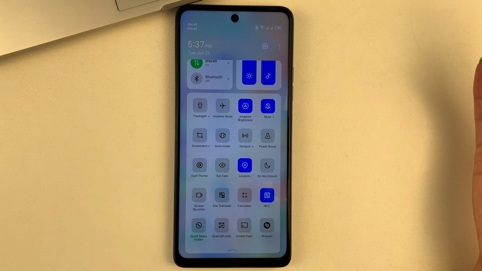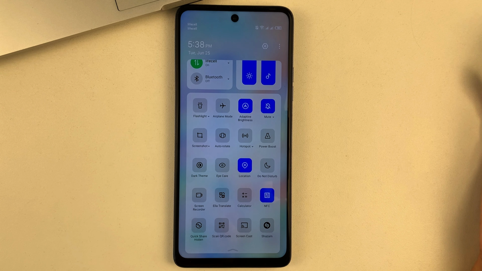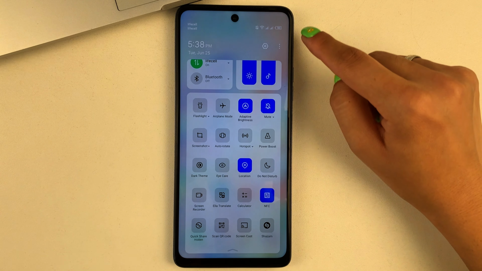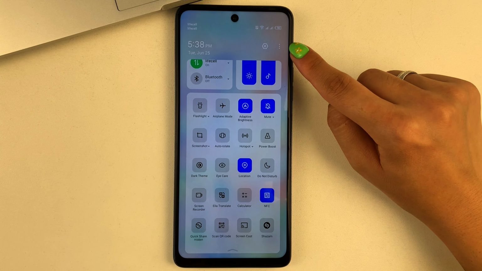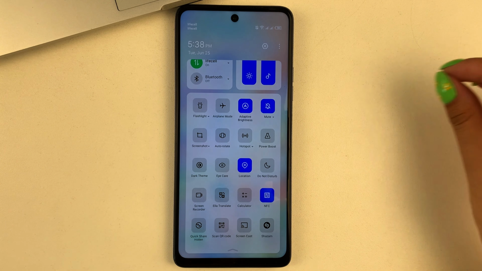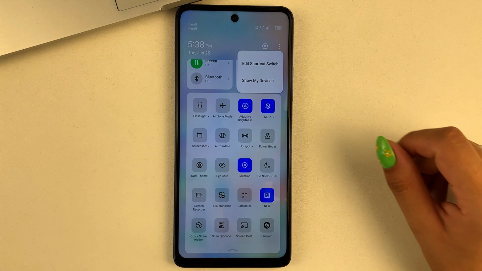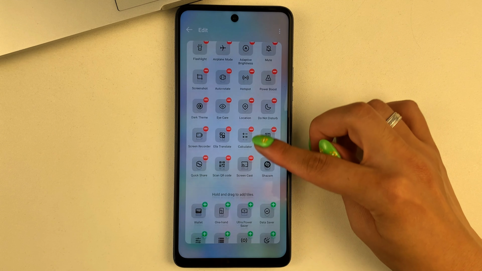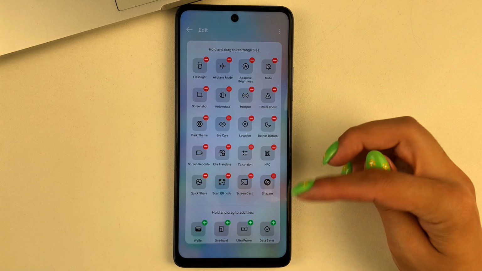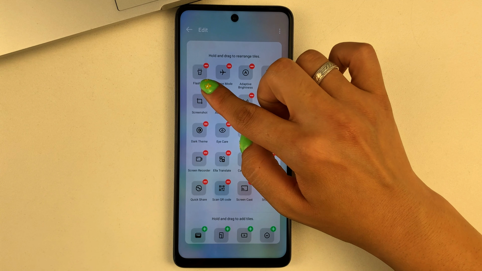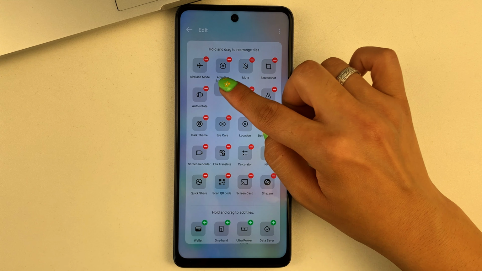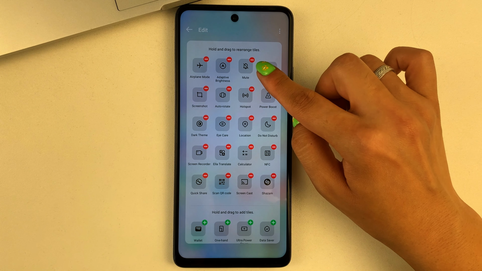Also, if you don't find the flashlight at all, or you'd like to move it to a more convenient place for you, you'll need to click on the three dots or the pen sign in the upper right-hand corner. And then Edit. And as you can see, that brings you to this widget menu. And here you can either move, for example, as you can see, I moved the flashlight, now it's here.